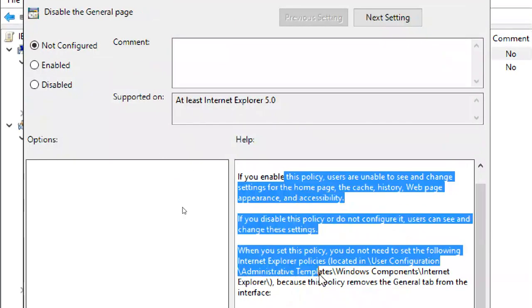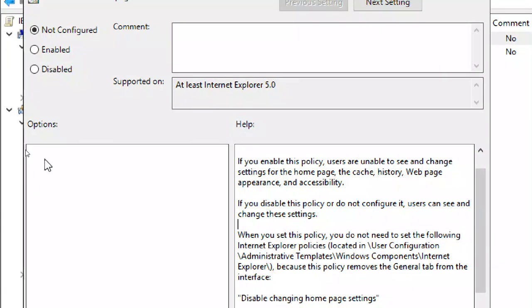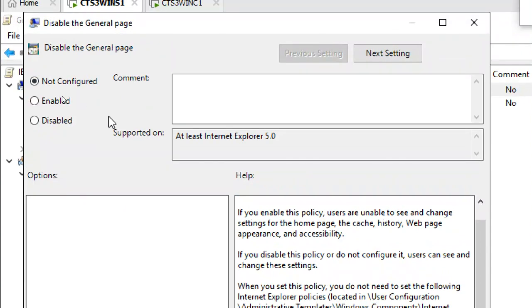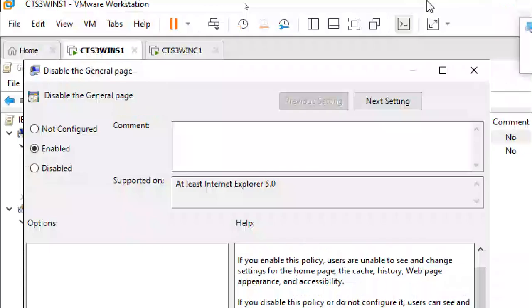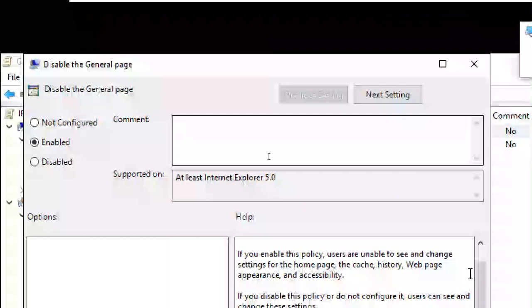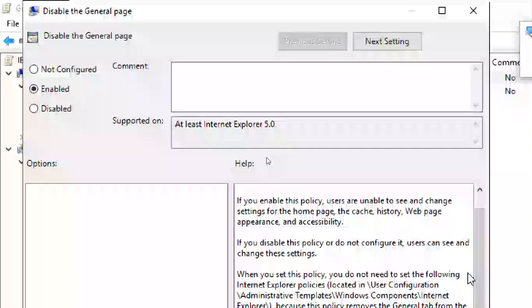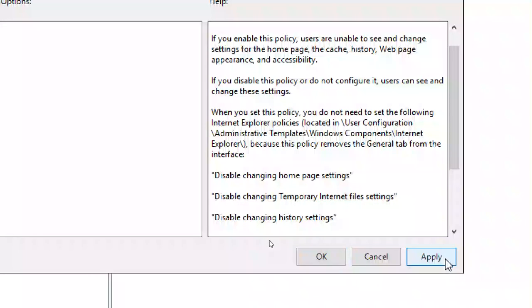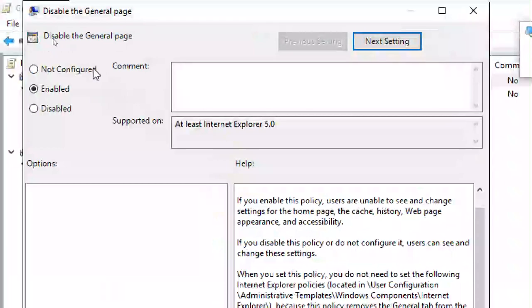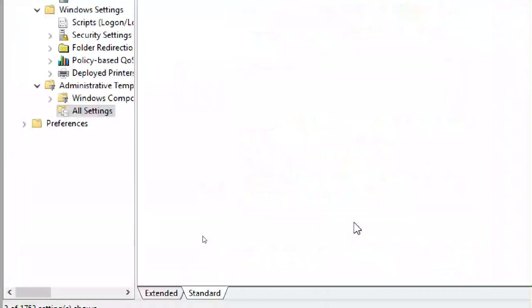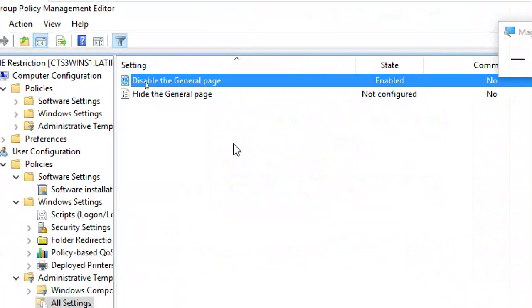So these settings will be disabled, and sometimes you have to give options also, but options are not showing here, because you don't have any other options. Some settings have options, some do not. Enable the policy. One second, I will put it in full screen mode so you can see clearly. And apply. If you apply, the policy is applied. You can see the policy is applied. So click OK. Now you enabled the policy.